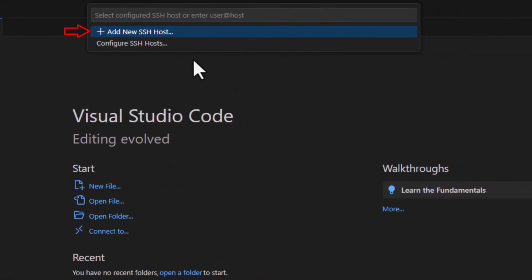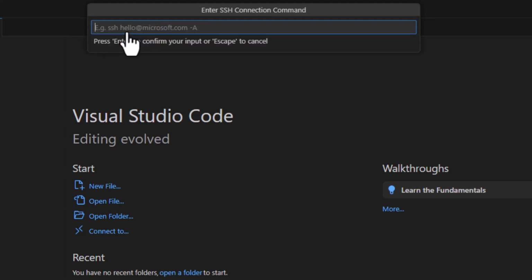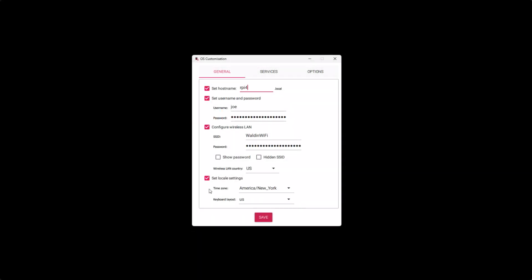So up here you'll see it says add a new... tongue twister. You'll see here where it says add a new SSH host. That's what we want to do. We want to connect to the Raspberry Pi. And you remember this screen here? If you remember when we were installing the image to the SD card, we had to set the host name to RPI4 and also set the username and password. We're going to use these on this line here